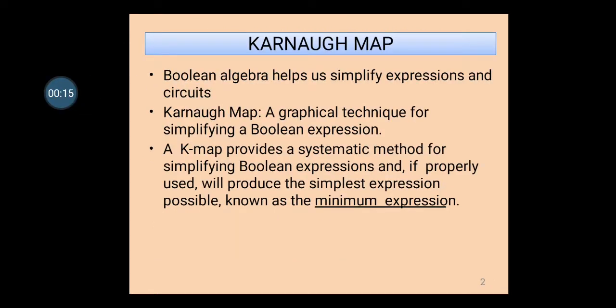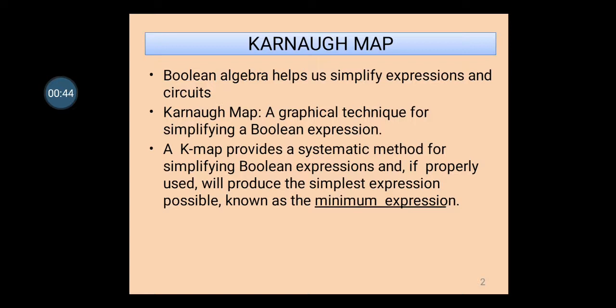We have already studied Boolean algebra and Boolean laws. If you remember in chapter 2, the function of the Boolean laws is to reduce a very complicated Boolean expression into a small equation. The same thing is achieved by using the K-map technique. It is a technique to reduce the given Boolean equation.